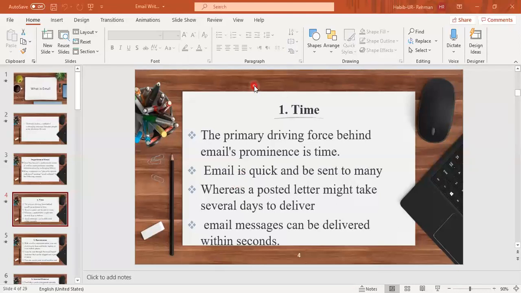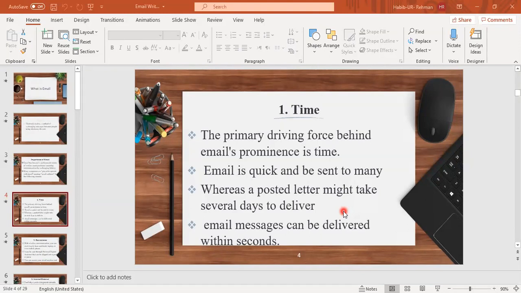Whereas a postal letter might take several days to deliver. If you want to send a letter to any person via post office, first you have to send that letter to the post office, then a person will take your letter to that city, and then he will deliver it to that person.